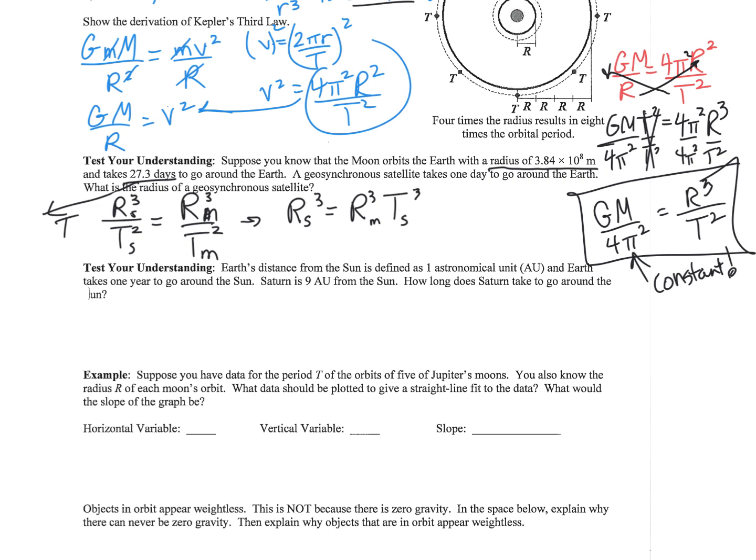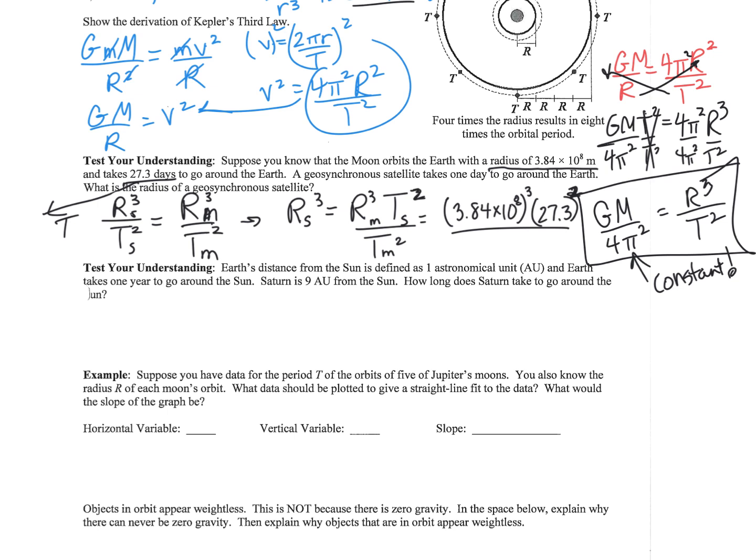Satellite squared over moon squared. The radius of the moon is 3.84 times 10 to the 8th. We're going to cube that, multiply by the period of the satellite. The period of the satellite is 27.3 days, so we can just do 27.3 squared, and the period for the moon is,